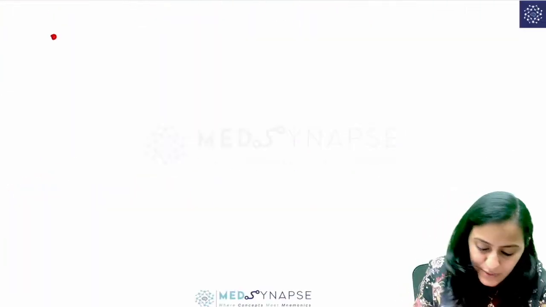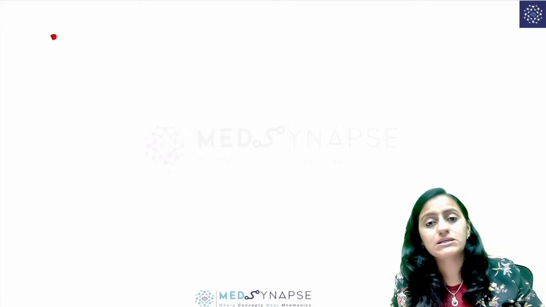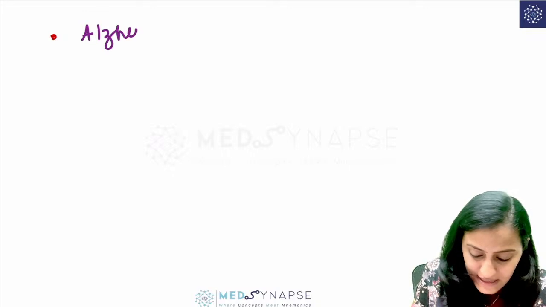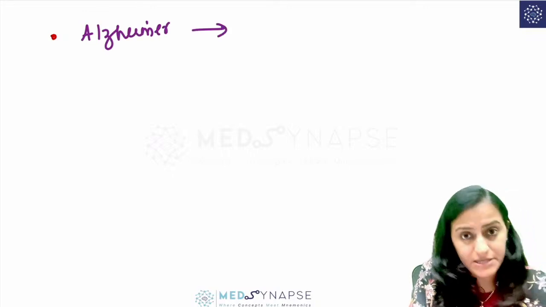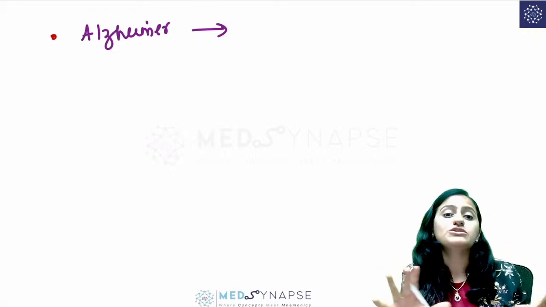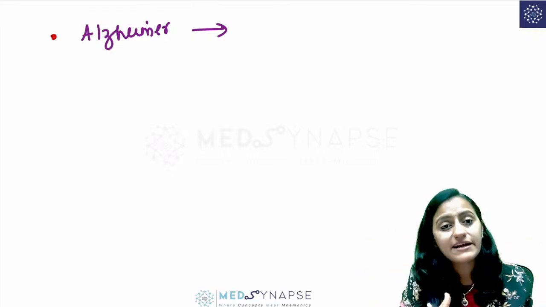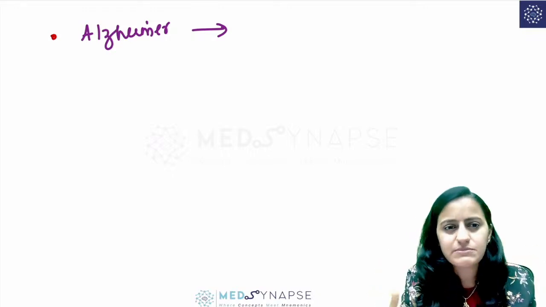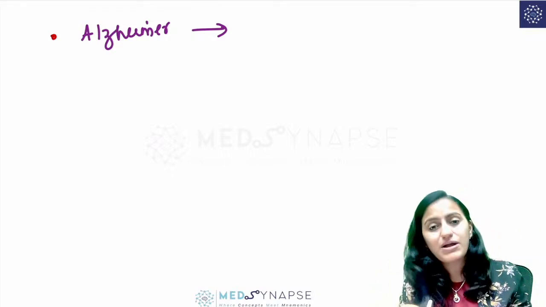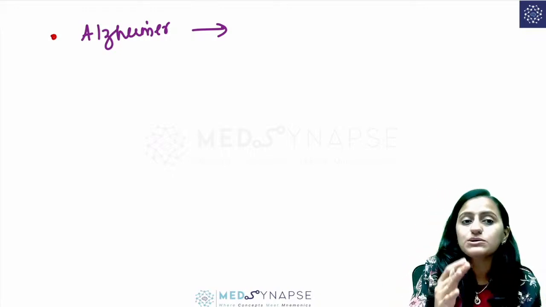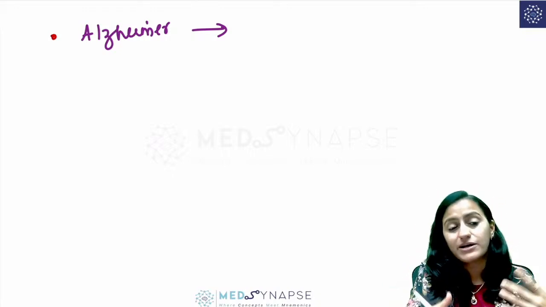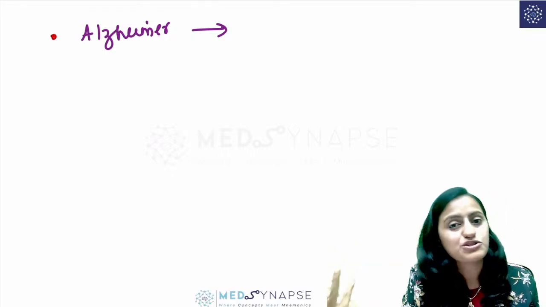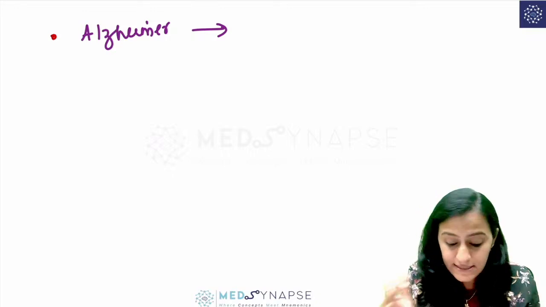So let's quickly revise what we learned about the various neurotransmitter changes in the diseases. First we started with Alzheimer's, quickly revising the summary. Guys, this is what you have to do when you're watching any video, whether on the Medsynapse app or any other app. After watching 15 minutes, 30 minutes, take a pause and try to make one-page notes of whatever you learned in those 15 to 30 minutes. That is how you'll remember. Otherwise, at the end of the video, you will feel that you don't remember anything, what you saw and what you heard, right? So this is how you remember.